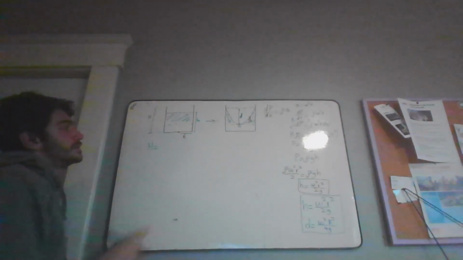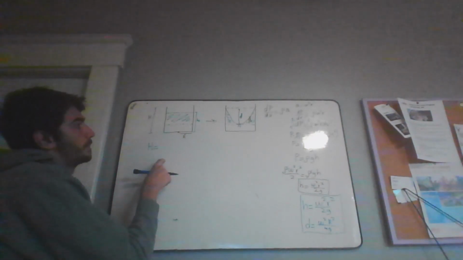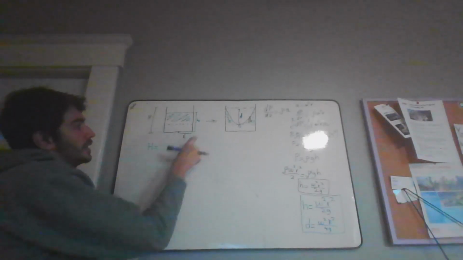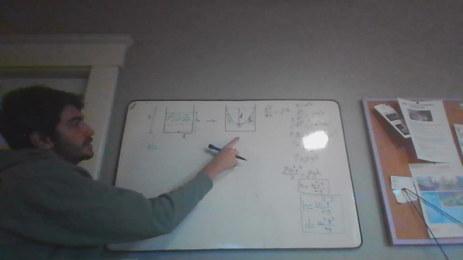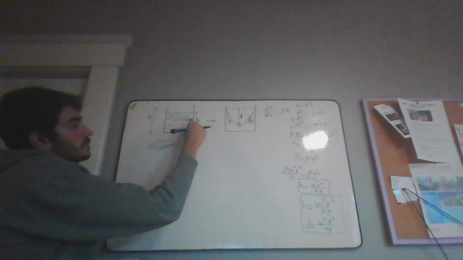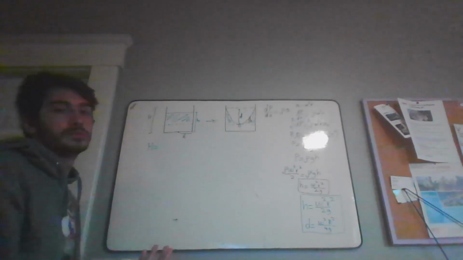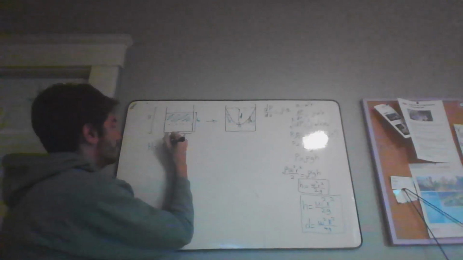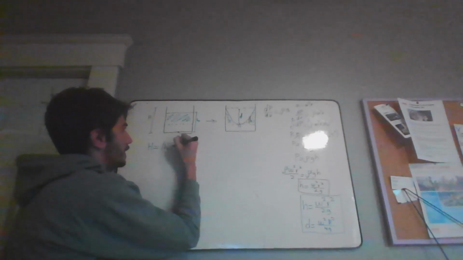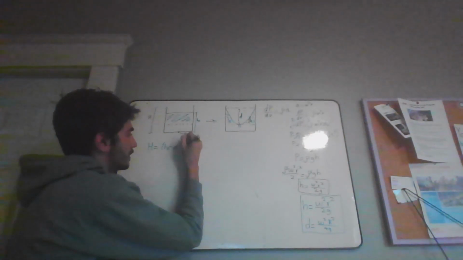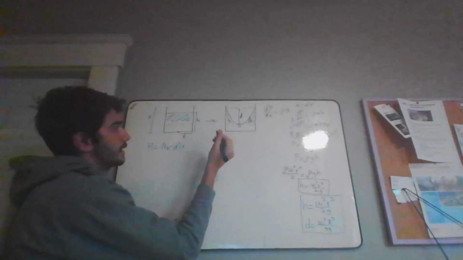We can solve this to be h sub 0 minus the depression. Then we get this little part, subtraction under, plus the maximum height. So we get h sub 0 minus the depression, plus